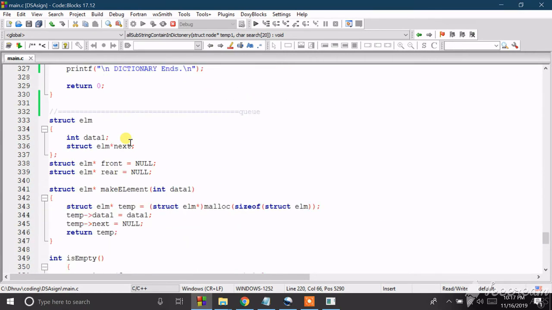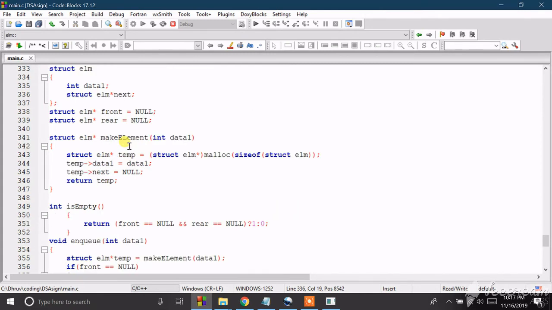We implemented a queue data structure below the main function, which has a structure with a node called element containing data and a pointer to the next element.